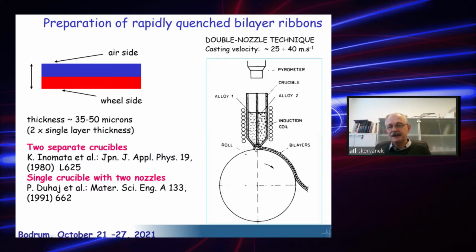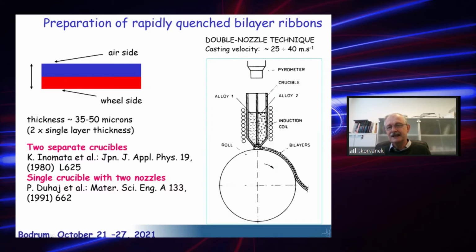It is immediately solidified, and on top of the already solidified ribbon, another melt is ejected from the second chamber, whose nozzle is very close to this one,